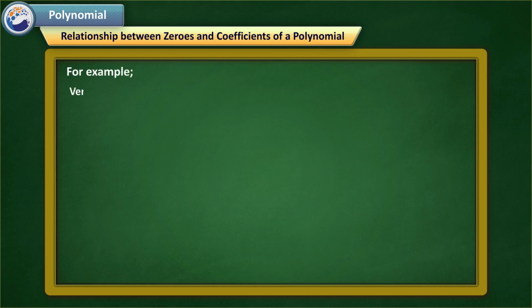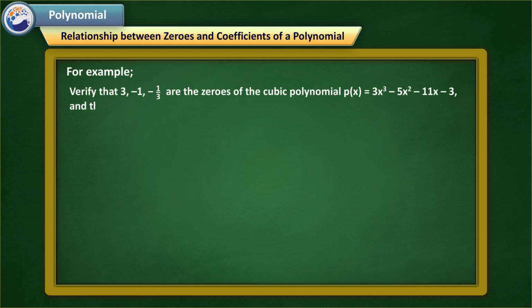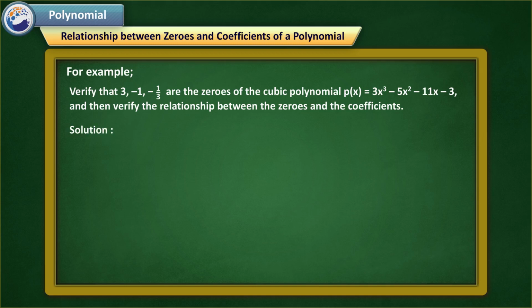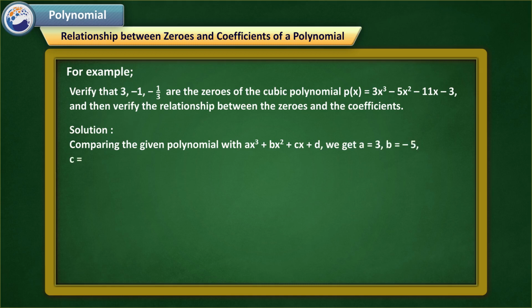For example, verify that 3, minus 1, minus 1 upon 3 are the zeros of the cubic polynomial p of x is equal to 3x cubed minus 5x squared minus 11x minus 3, and then verify the relationship between the zeros and the coefficients. Solution. Comparing the given polynomial with ax cubed plus bx squared plus cx plus d, we get a is equal to 3, b is equal to minus 5, c is equal to minus 11, d is equal to minus 3. To find p of 3, substituting 3 in x, we get